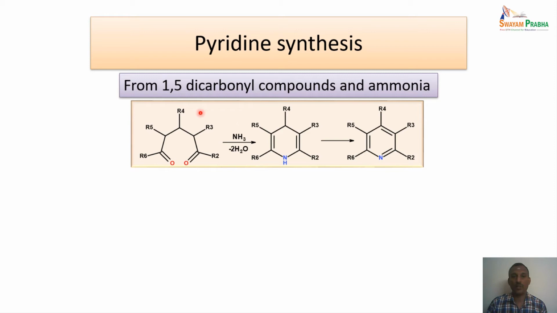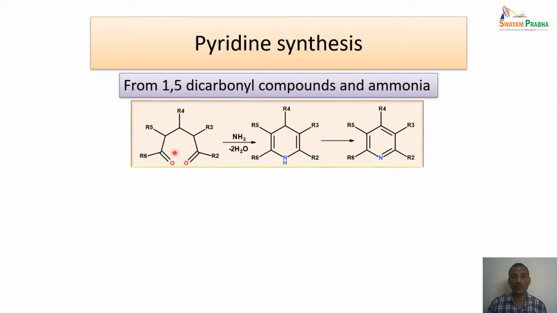And let us look at synthesis from 1,5-dicarbonyl compounds and ammonia. So here 1,5-dicarbonyl compounds are taken, and when they are treated with ammonia, this actually gives a cyclized product. Of course, there are various steps involved in this one. In the beginning stages, this particular carbonyl oxygen is replaced by the ammonia group, that means NH2 is replaced here,